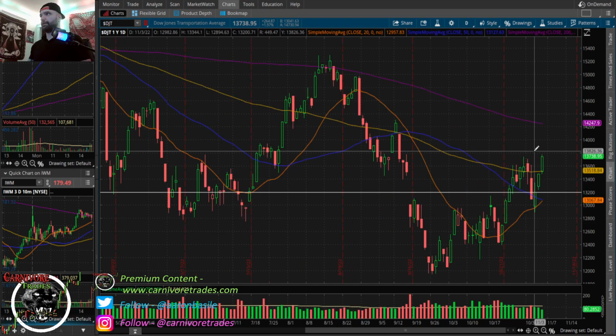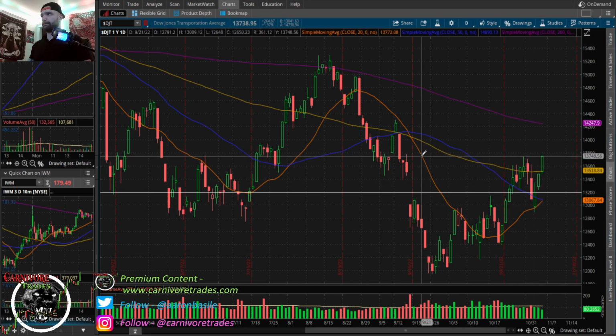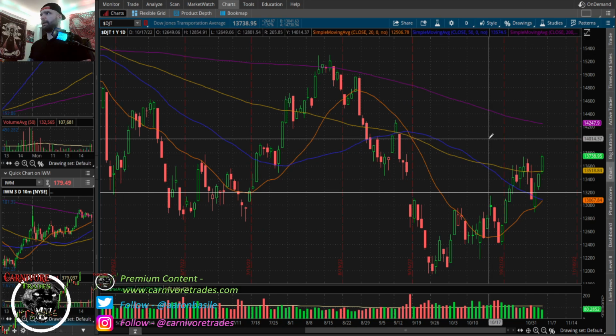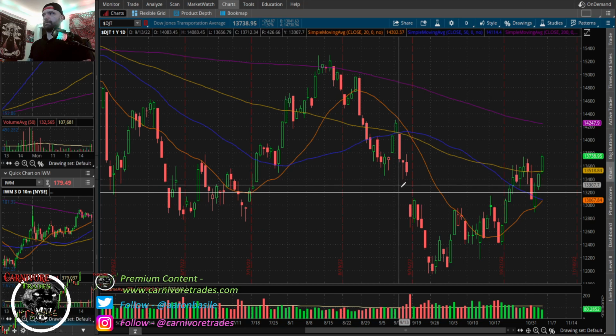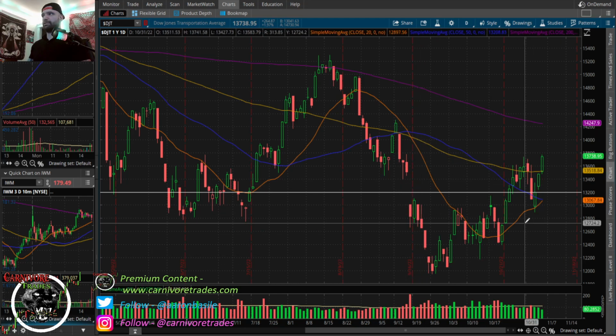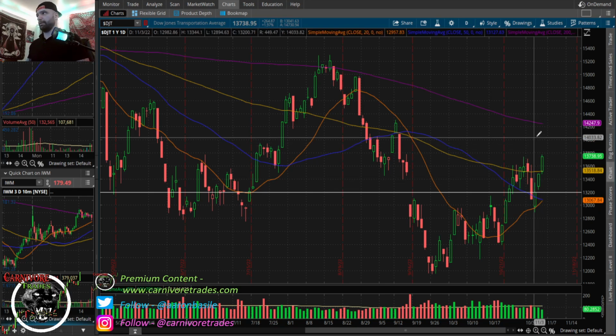You do have a higher high here on the daily DJT now. So, higher lows, and now you finally made a daily chart higher high there above that gap. I think this still can get to about 14,000. I told you guys that was going to be a pretty good level of resistance for the DJT coming up. Wasn't sure if it would even get there, but now it's looking like it definitely could, especially if we